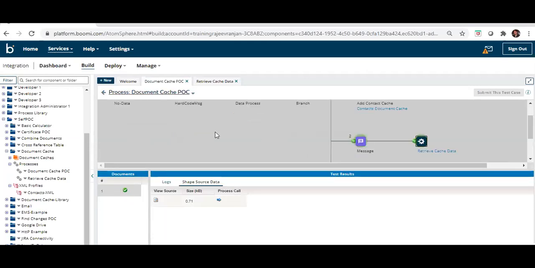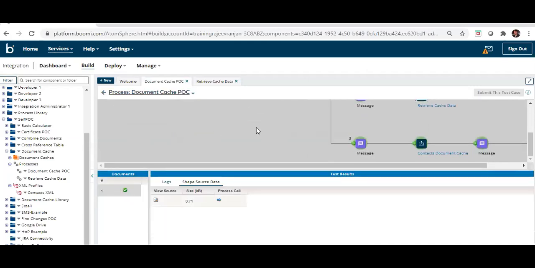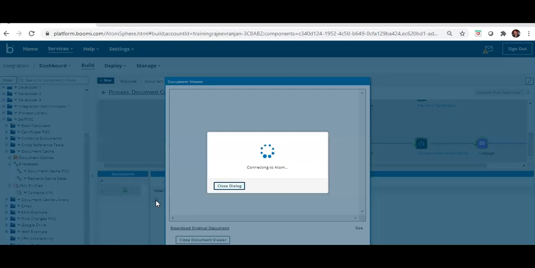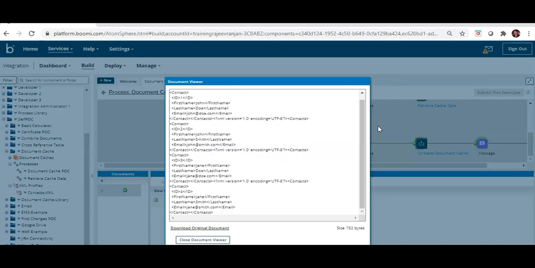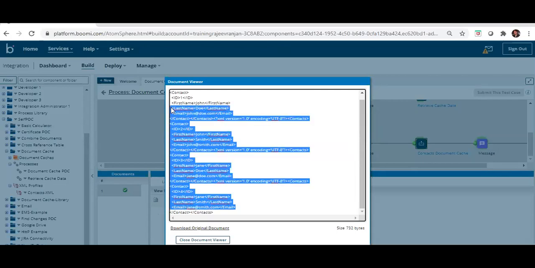Now going back to our third sub process, the third branch step calls. Here you can see we have received all the split documents. What we are basically doing is retrieving on the basis of the first name. Because we are not combining here, it will have all the four documents when we fetch and look into the cache.